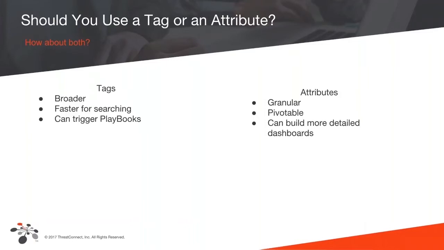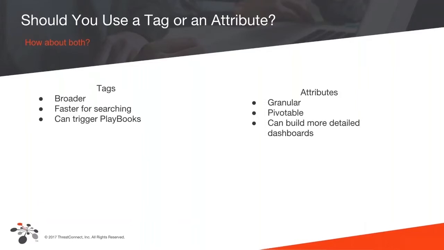It's information that, put into tags, would be kind of messy and convoluted. So we start big with the tags, with that broad sense of it's either malware, or we can even put the threat type into a tag, and then we break that down into more granular stuff once we get down to the attributes. And I'll show you that here in a minute. A few of these things are going to run together as we go. Tags and attributes will filter down into the dashboard stuff that we're going to do.